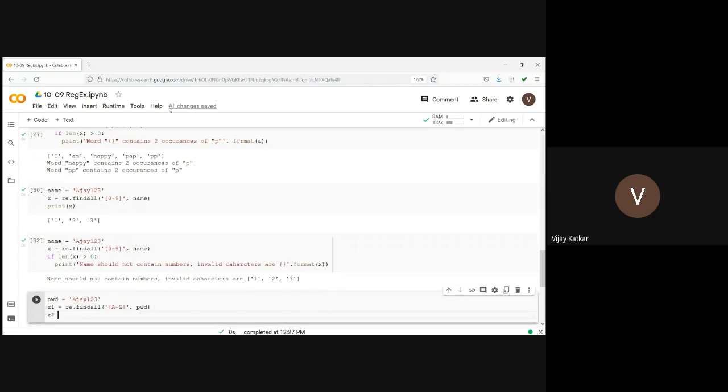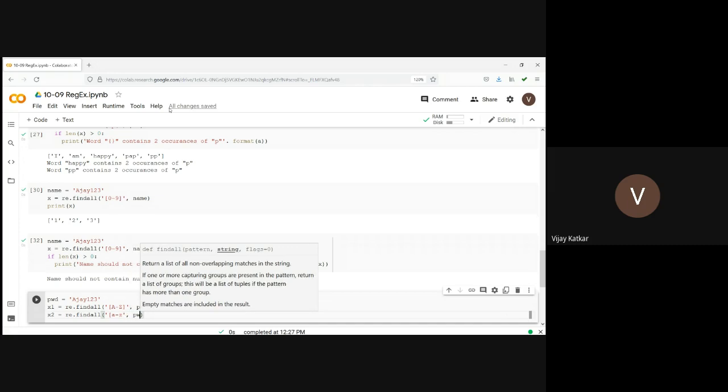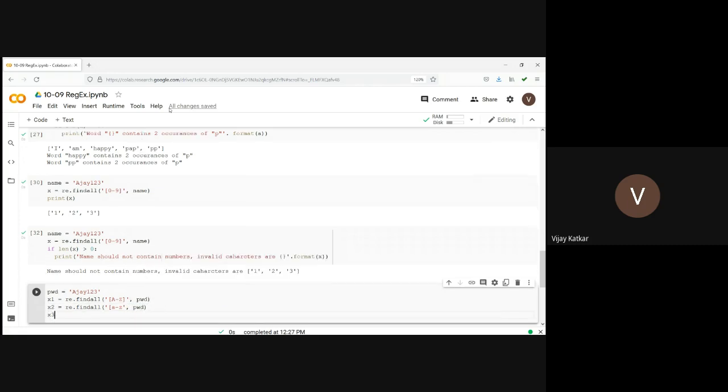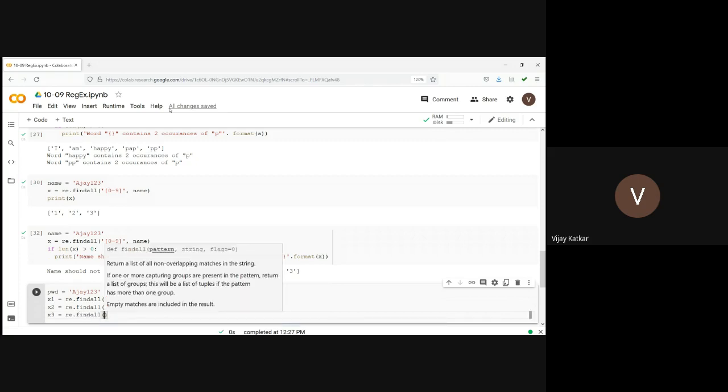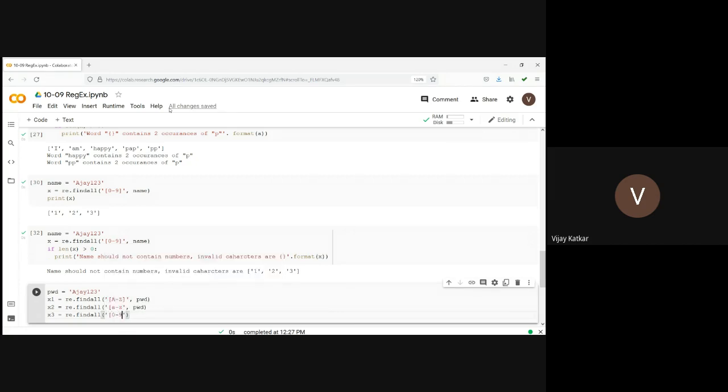Then x2 is equal to re dot findall small a to small z in password, and x3 is equal to re dot findall 0 to 9 in password.